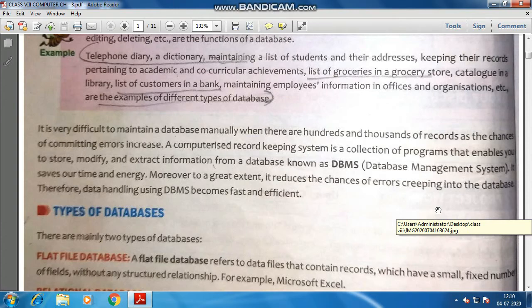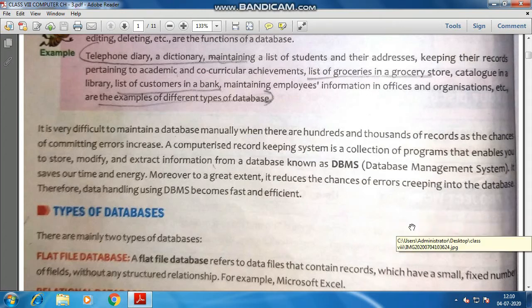Whatever errors are committed by the user are overcome here. We'll be discussing the features of a database, where we cover how errors are reduced.